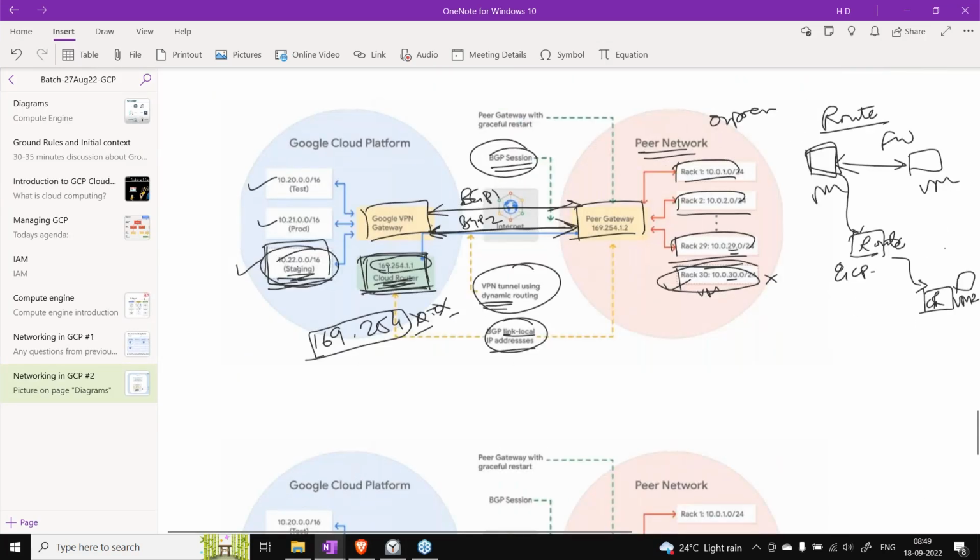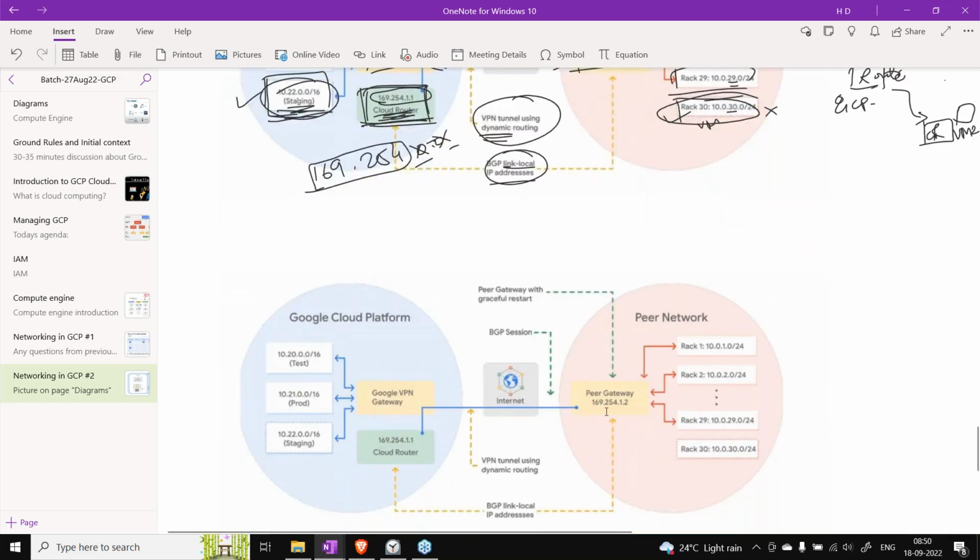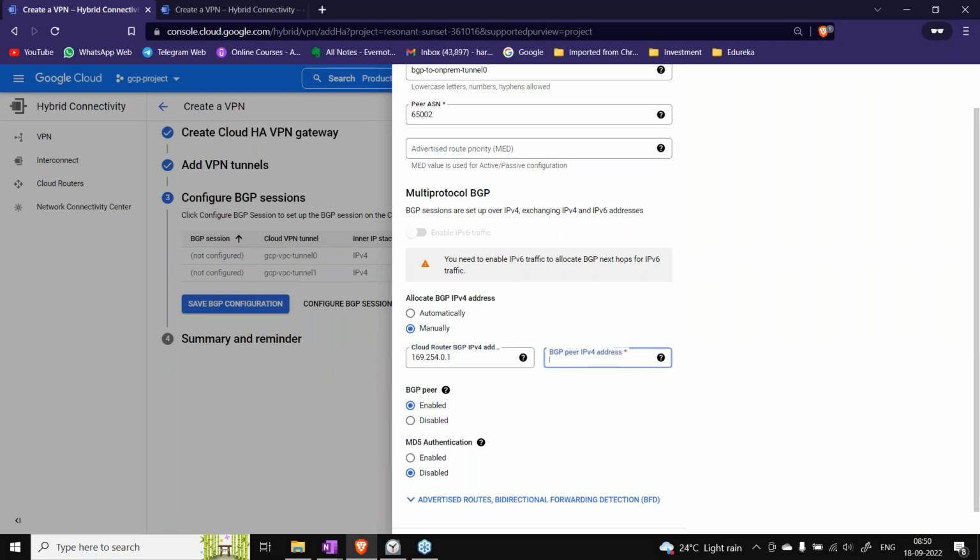So the BGP session will be, if you see here, 169.254.1.1 on one side and 169.254.1.2 on the other side. Now when you configure here, you'll also have to give the peer gateway. Of course, we are using routers only, but in this diagram we don't see a router because it's a non-GCP side. In our case, we'll have to create a router on both sides. That's why this IP address is with our router. So we'll have to give the IP address of the peer also, and that's what I am giving over here: